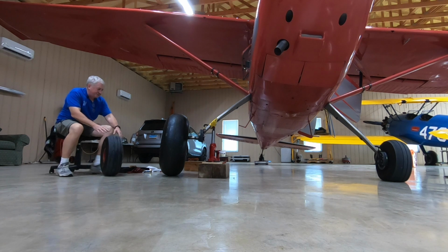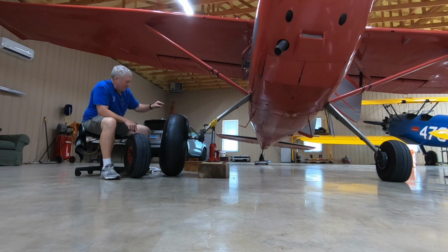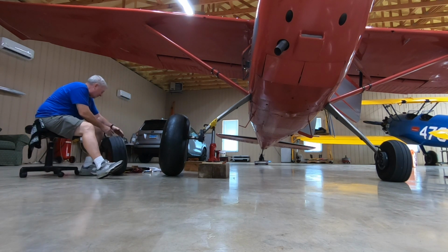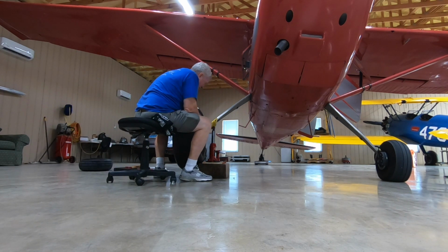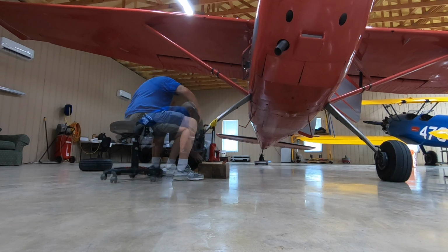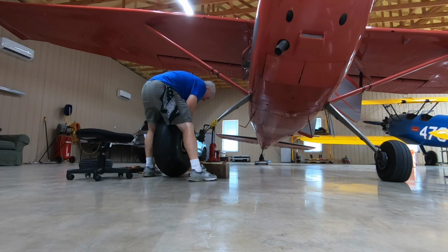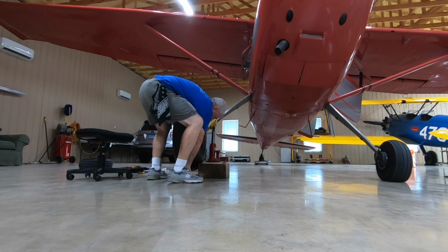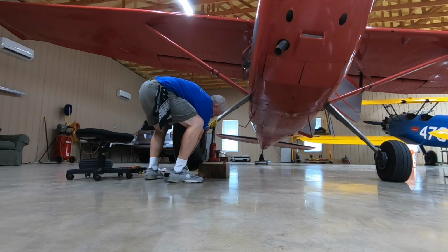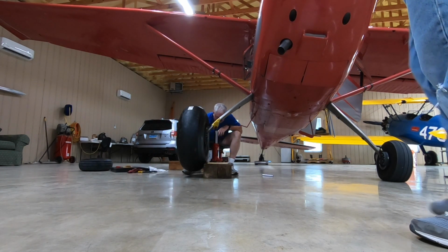By way of comparison, we're replacing this with that. That should be a pretty massive change. My block is in the way. Just as a safety measure, I'm going to put this back on. I put the block too close. It was fine for that other tire, but